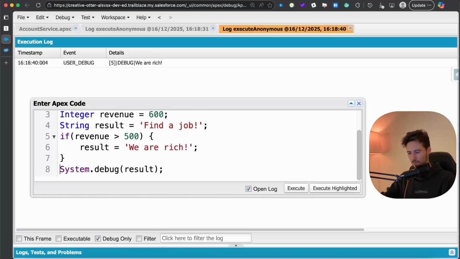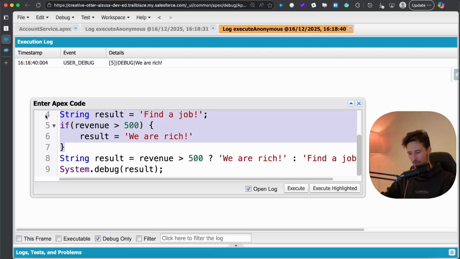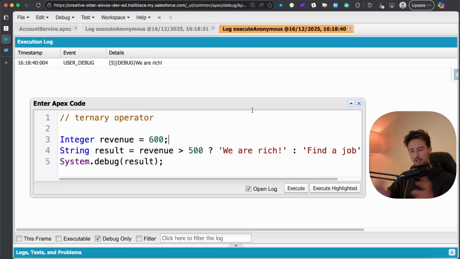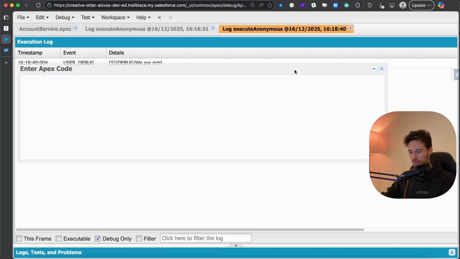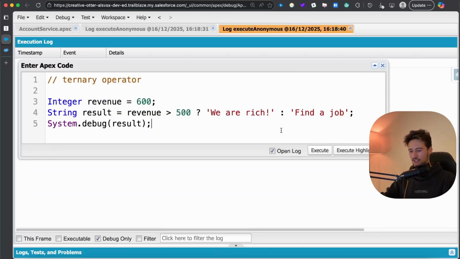Like this, right? That would be with the if else statement. So you can see we have 1, 2, 3, 4 lines of code. But with a ternary operator, it's so easy. We have only 1 line of code. And it is kind of true, but to be honest, for real life, in a lot of cases,